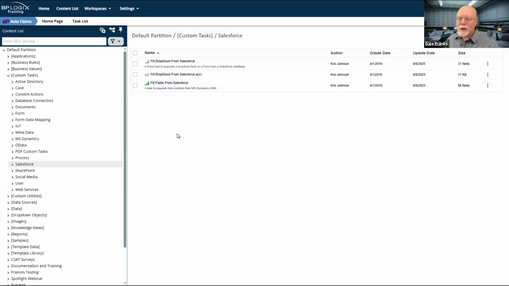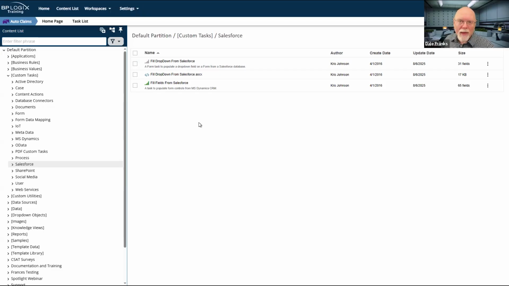And that was great. But then CData acquired them, and CData requires that if you want to use any of these custom tasks, you must purchase a separate license from CData to use them. So we put all of this work into creating these custom tasks, and we actually had customers who would use Salesforce fairly frequently, and then all of a sudden, due to licensing changes, their custom tasks no longer worked.